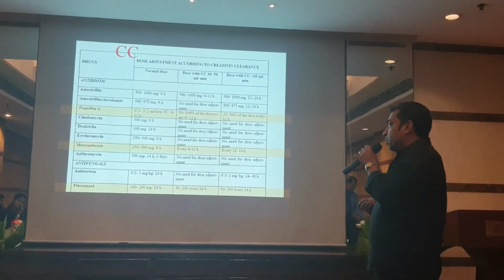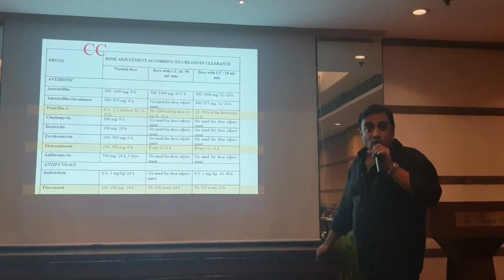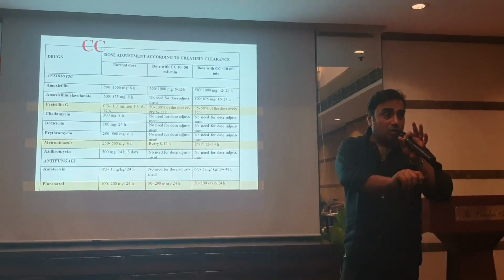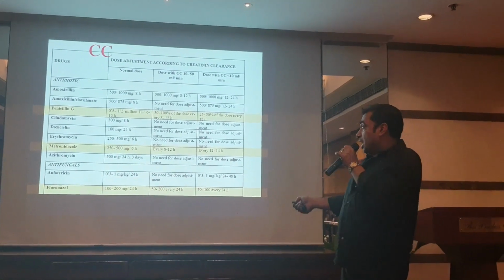Now metronidazole is a problem. Not a problem, little bit of alteration but hardly any. Up to a moderate level of CRD, you can give in the standard dose, 8 to 12 hourly. Our normal dosing is usually 8 hourly. So up to a moderate level, it is fine, same dose. At a very poor condition of CRD, you reduce it to 12 to 24 hours. That is BD or OD dosing. That's all, but the main dose of 400 milligrams remains the same because the dose range is 250 to 500.